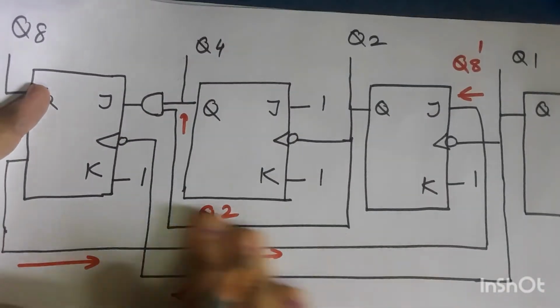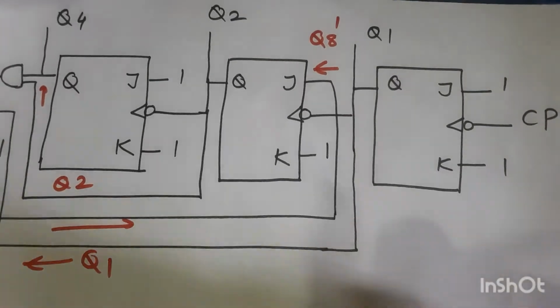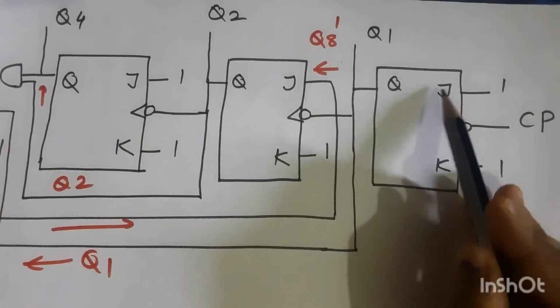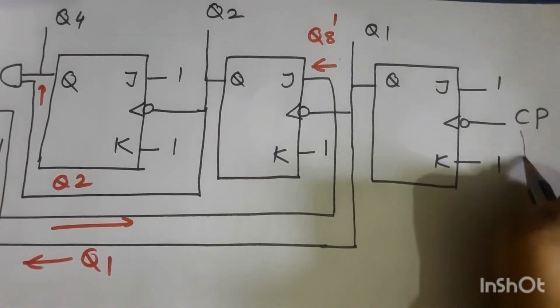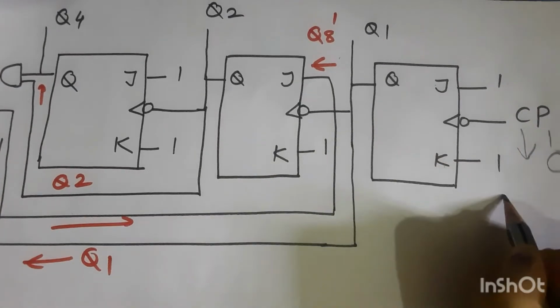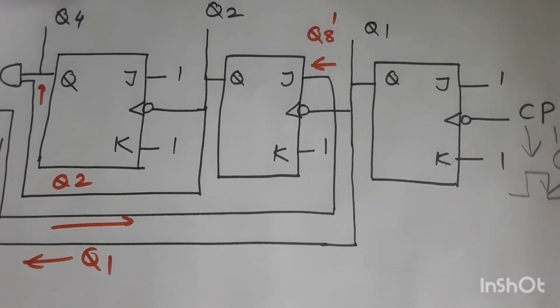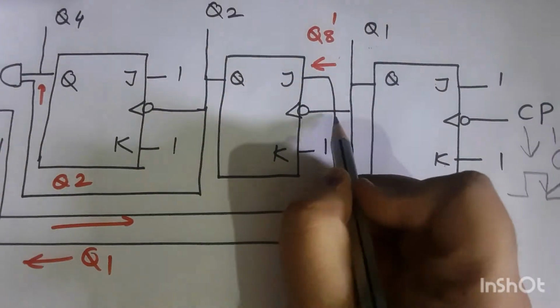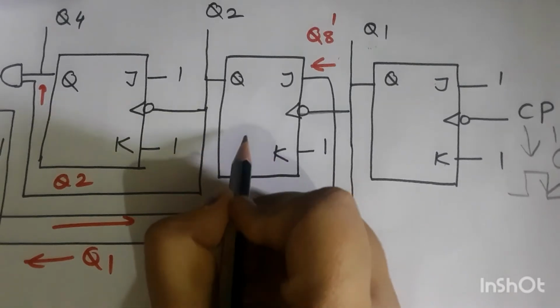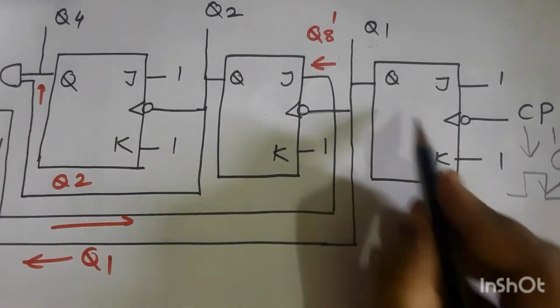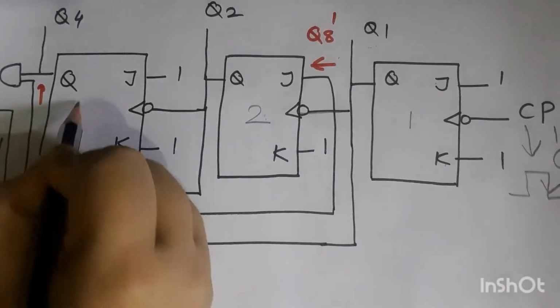All the JK flip-flops are cascaded. So here it is the Q1, JK inputs both 1, 1. This is the clock input, where the transition is happening 1 to 0, a negative transition. Here is the Q1. Q1 is going to the input of the second flip-flop. This is the first flip-flop, then the second flip-flop.